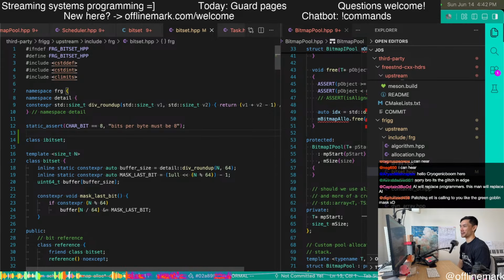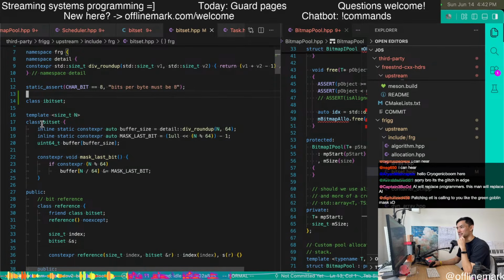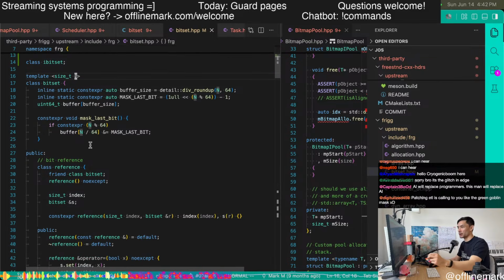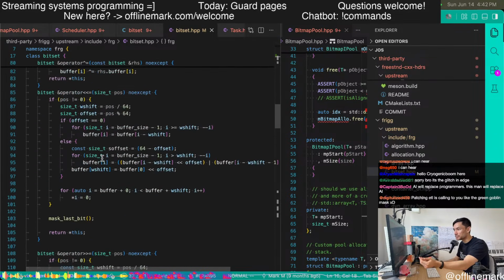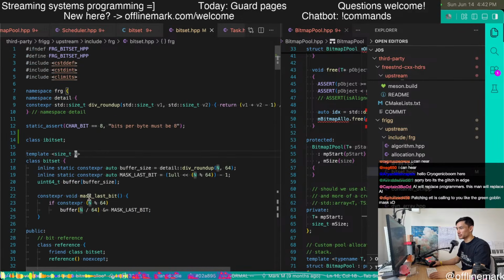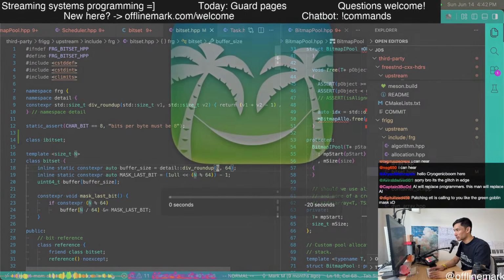Maybe even I would want to upstream that. But it would basically be, instead of having a bit set with this size template parameter, this n that's used ostensibly all throughout the implementation, it's kind of hard to grab.